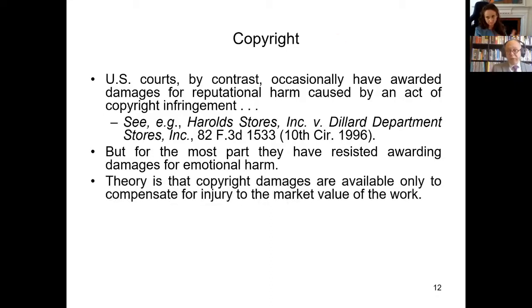But the theory is that damages are available to compensate only for the market value of the work in a copyright case in the US. But now I will talk about moral rights, because this is another aspect of copyright that most countries now recognize to varying extents, and you might think there would be more receptivity to awarding damages for non-economic harm in moral rights copyright cases. So for those of you who are not familiar with the concept, moral rights are viewed as,